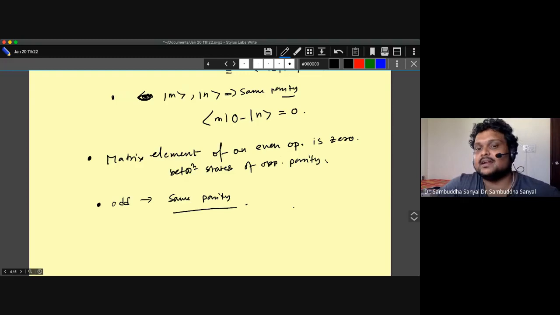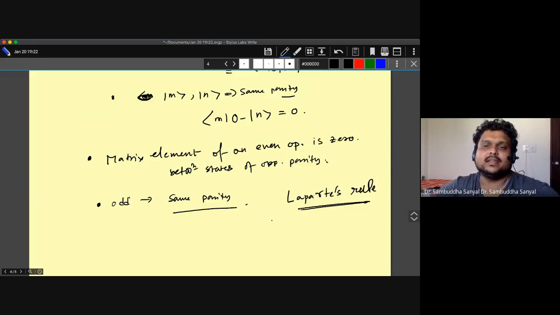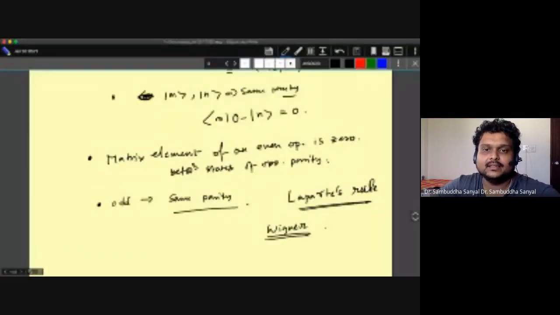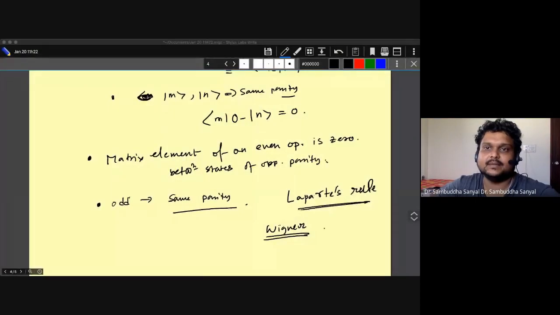People didn't understand it at first, so people found this thing empirically. They observed and tried to fit their data, and they found this was called Laporte's rule, and it has different names in different contexts. So people found this in different quantum mechanical experiments and gave different names. And then it was, I think, Wigner who showed that it is indeed coming from parity, and all these different phenomena are basically the same thing.